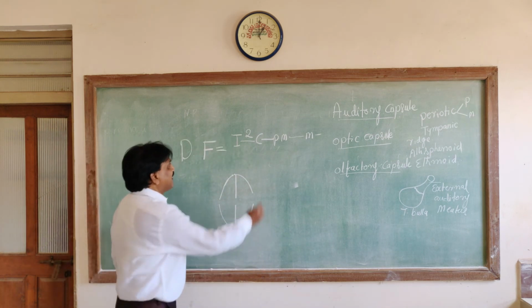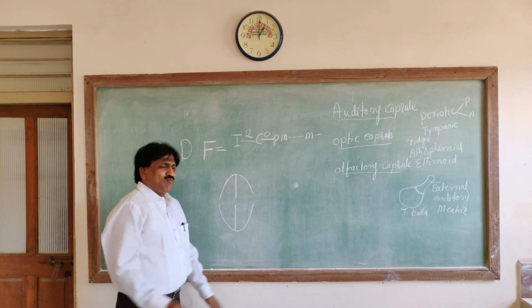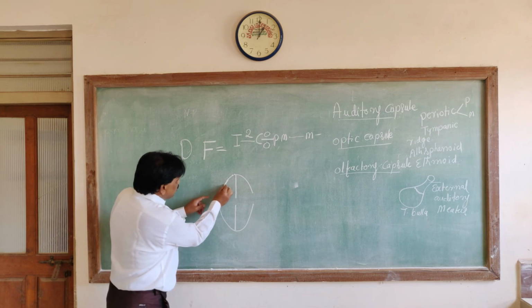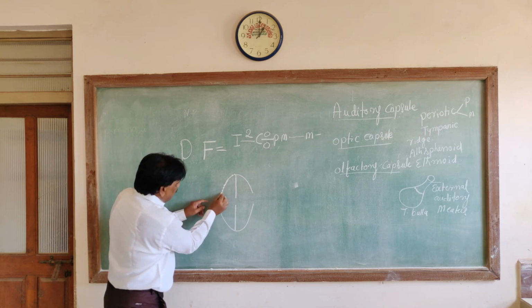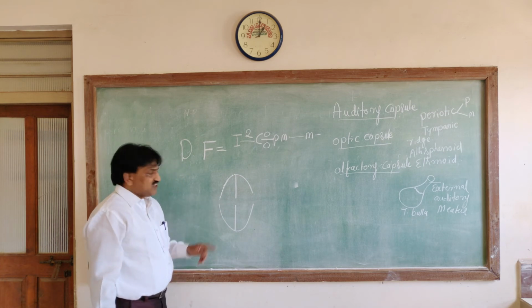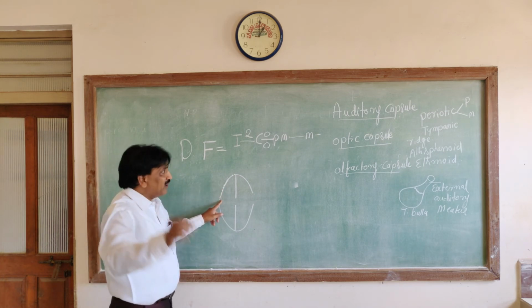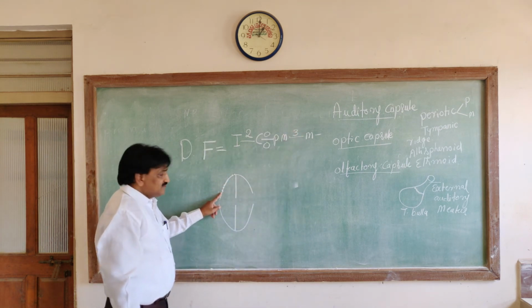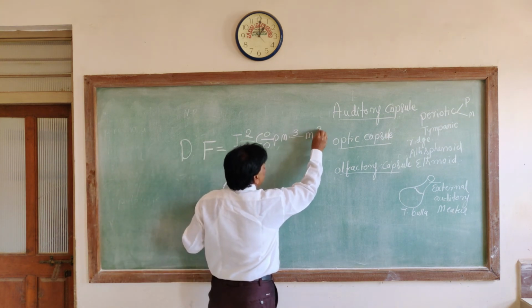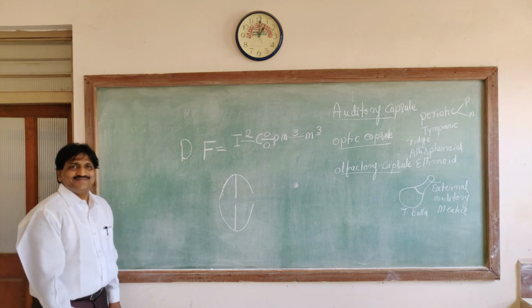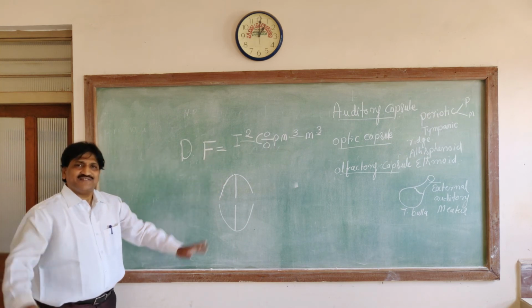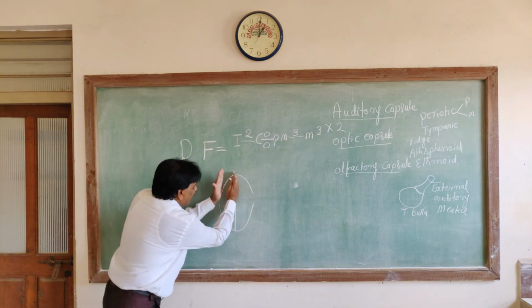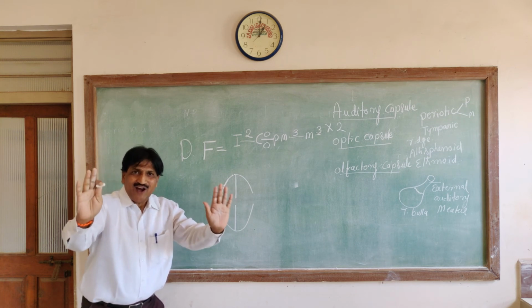That means no canine. So write 0, both upper side and lower side. And 6 sockets, 1, 2, 3, 1, 2, 3. 6 sockets in each half of the upper jaw. That is 3 sockets for premolar and the remaining 3 sockets for molar. This is the upper side, and you multiply by 2 because you have taken only half of the upper jaw.